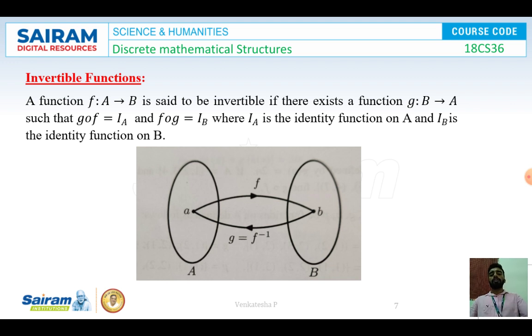So this is a figure. I'm doing a mapping between A and B. This is the non-empty set A and this is the non-empty set B. First I'm doing a mapping from A to B with the function f, and we can call g as f inverse also, because f is invertible, since after composing g and f I'm getting the identity mapping. So I can treat the function g as f inverse because it is a mapping from B to A. To show f is invertible, we have to get g o f equal to IA and f o g equal to IB.